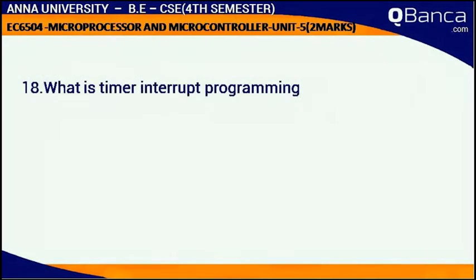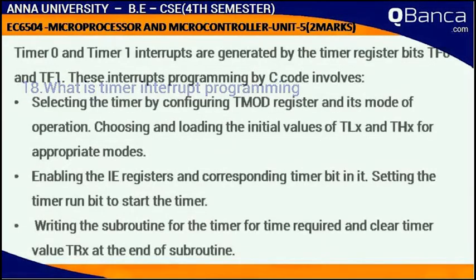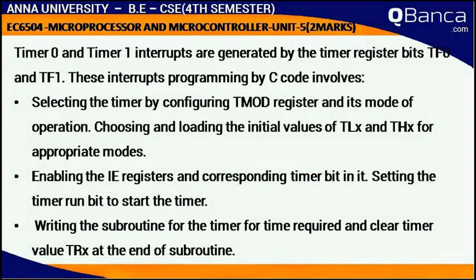What is timer interrupt programming? In timer interrupt programming, timer 0 and timer 1 interrupts are generated by the timer register bits TF0 and TF1. Interrupt programming in C code involves selecting the timer by configuring the TMOD register and its mode of operation,